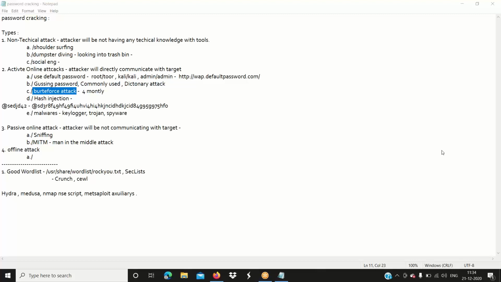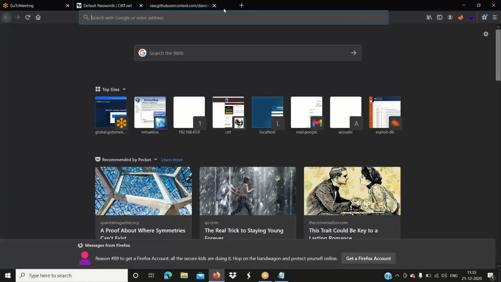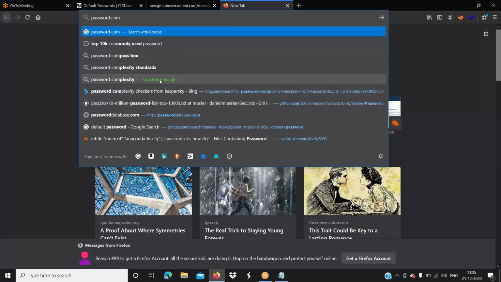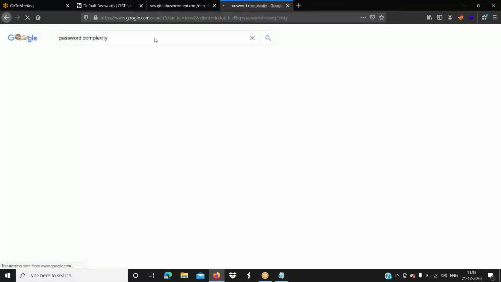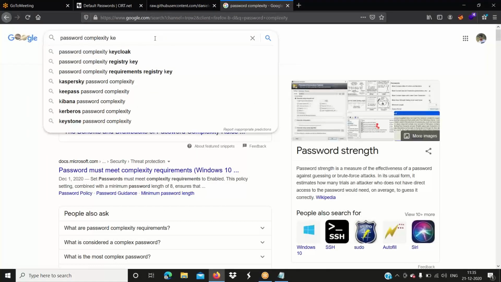Yeah, okay. The first point for the success of this password cracking attack is that it depends on what type of password they are using. So let me take you to a website where you can check the password complexity. Password complexity checker, from Kaspersky.